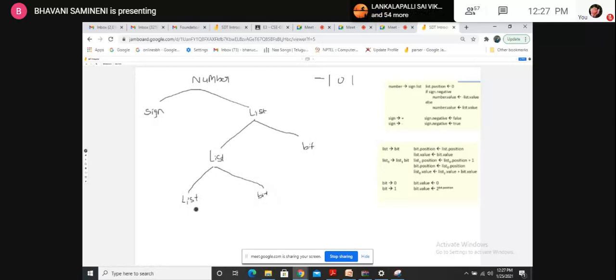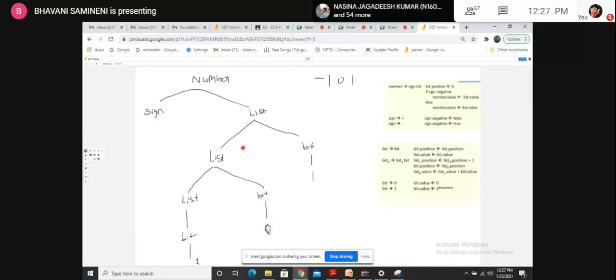And again, this list can be written as bit, in this production. And now this bit is 1, this one. And this bit is 0. Let me write it here. And this bit is 1 here. Okay. So now we'll see the tracing here.